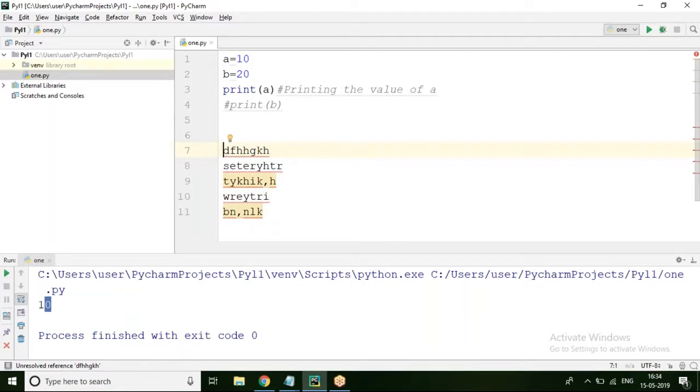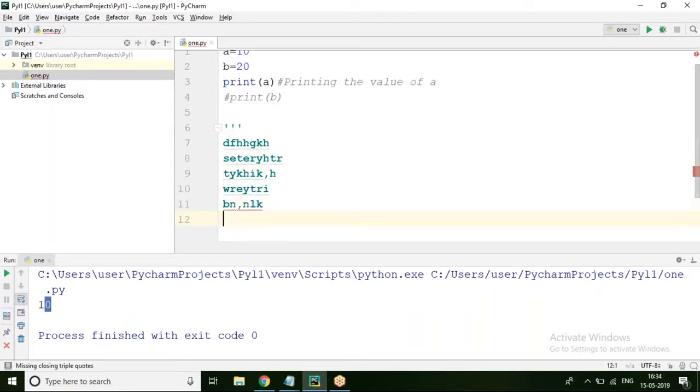If I want to comment multiple instructions at a time, we will be using multi-line comments. How to create multi-line comments in Python? By using triple quotes. This is the way we create multi-line comments in Python. See, if you execute, what will happen? There is no effect of this. You can also create multi-line comments in one more way, that is by using double triple quotes.